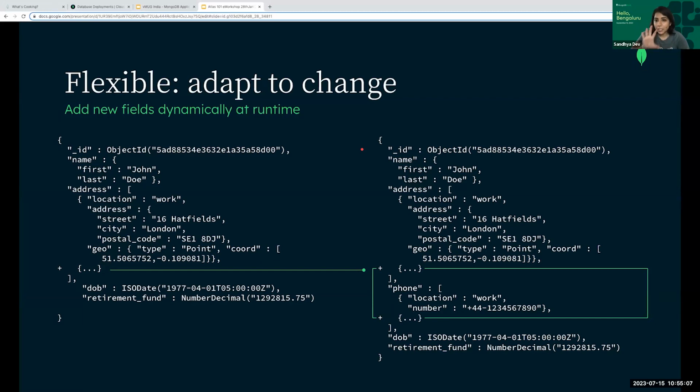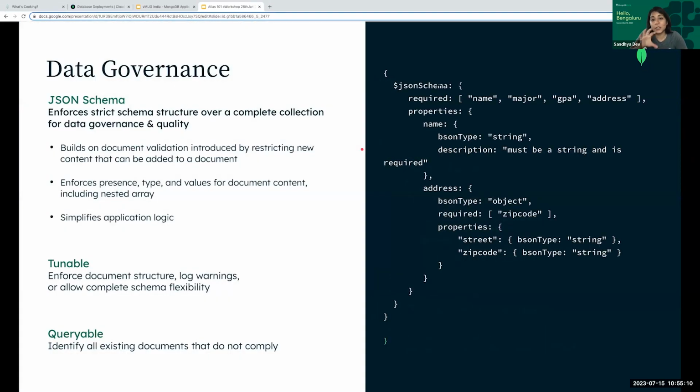Now, when I say it's flexible, the choice relies on you. Do you want a flexible schema or do you want strict data governance? So with that, I say MongoDB is schema optional. It is schema flexible, it is schema optional, whichever fancy word rings in, right? And the point being, I can have 100% flexibility to my data model. I can add in any sort of data coming to me from the UI, or I could add restrictions on my data. So basically, if I'm talking about, let's